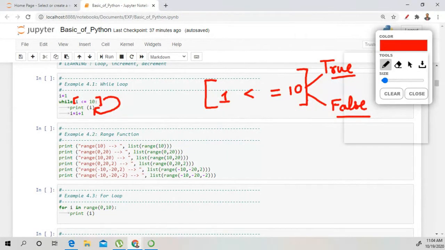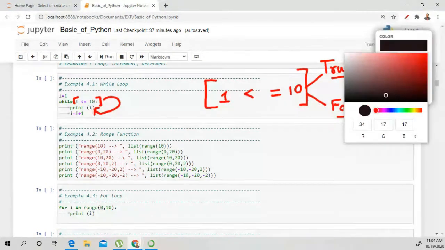If this statement is false, then it will exit from the loop. So in the first case, is this statement true or false? Write in chat box.